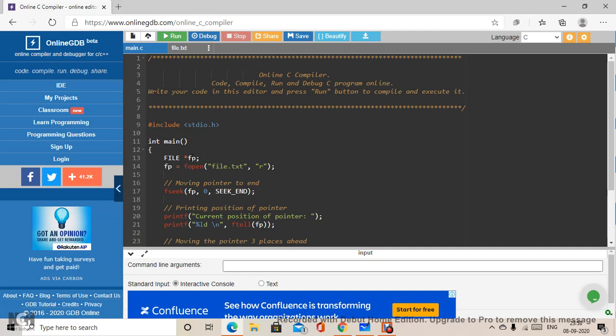We have a file pointer, pointer to file object fp, and we have already done this part, fopen. Now we are opening the same file, this file.txt, which I have written for us to perform this seek operation. And this file I have opened in read mode only, because I am just looking for a particular location offset and I want to fetch some data from that.